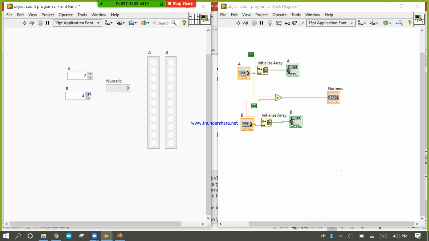Now 2 plus 4, so 2 and 4. Now we will write the same code.